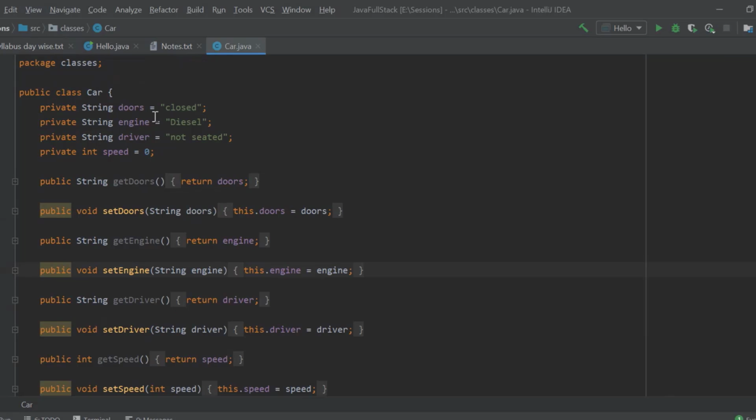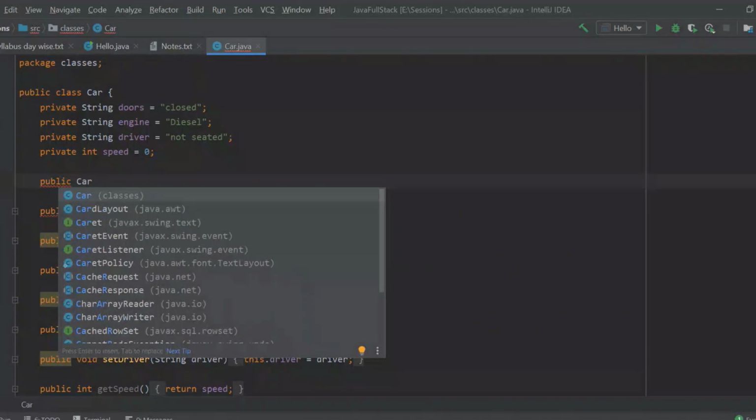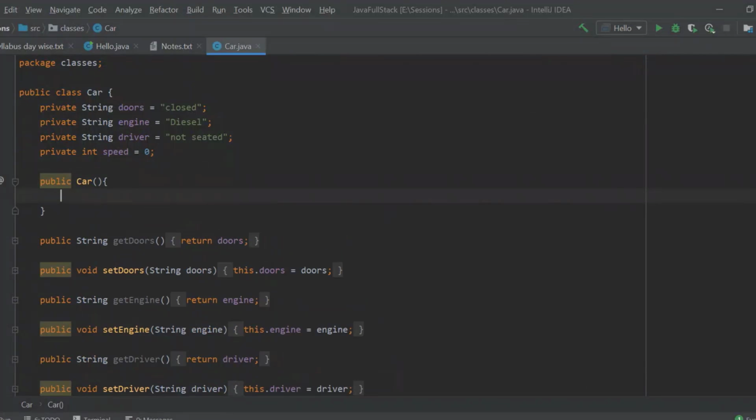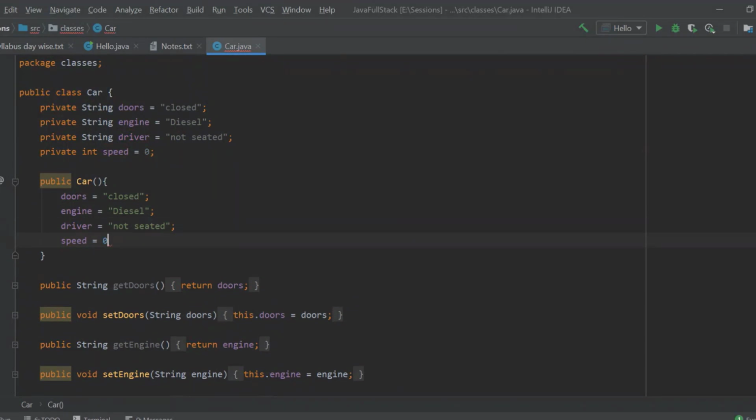Let's see over here. By default we are giving these values over here. These are all our default values, yes or no? Default values. Yes, right? So what I'll do is, I'll create a method, a constructor, okay, that too a default constructor, and I'll simply put all my default values, whatever default values I'm having, over here. I just put all my default values over here and I'll remove all the equal to's. I don't want it here.